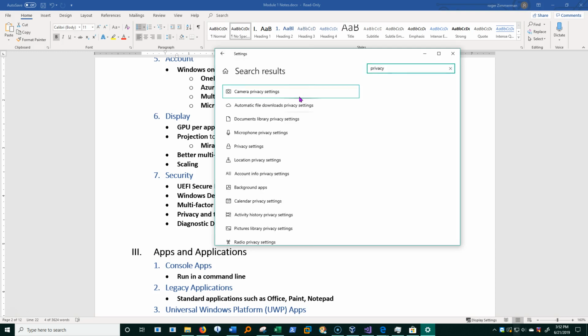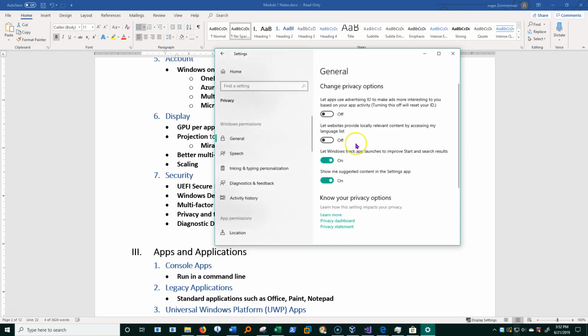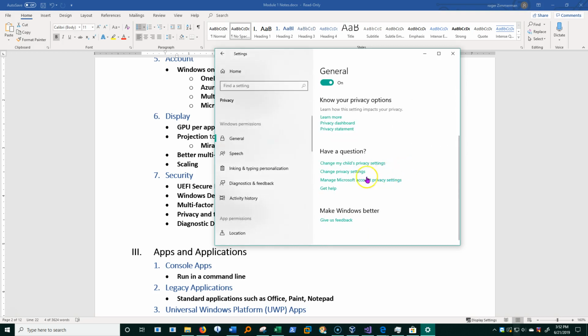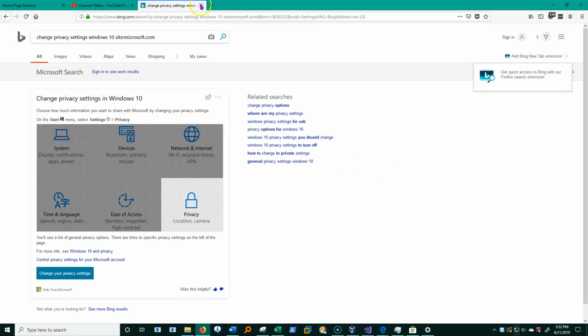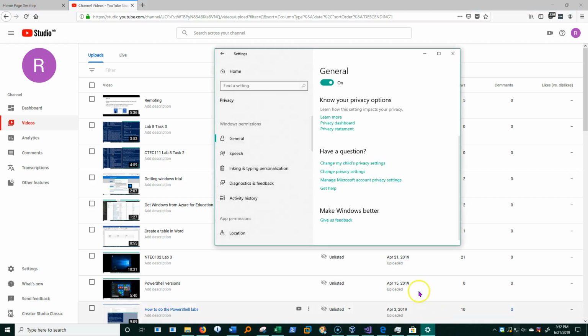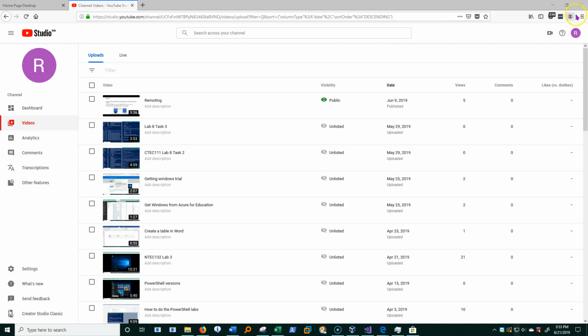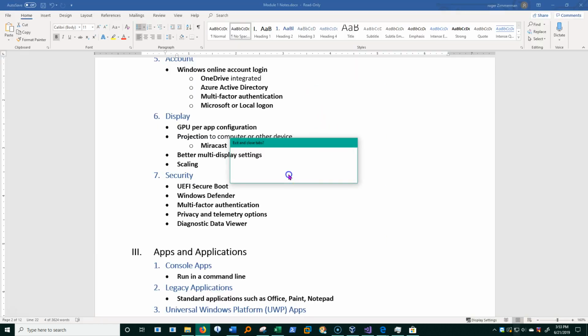Privacy, there, that's a little bit better. You see now I have several privacy settings that I can set in what I allow Windows or Microsoft to see and what I don't allow them to see. Now I also have something in here, and let me close that down and close this down. I didn't really mean to open the web page.